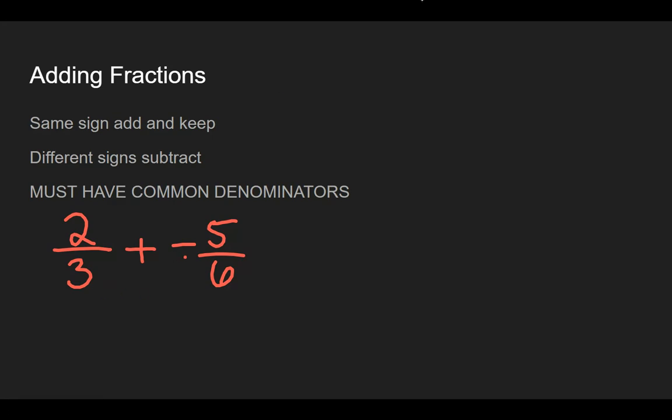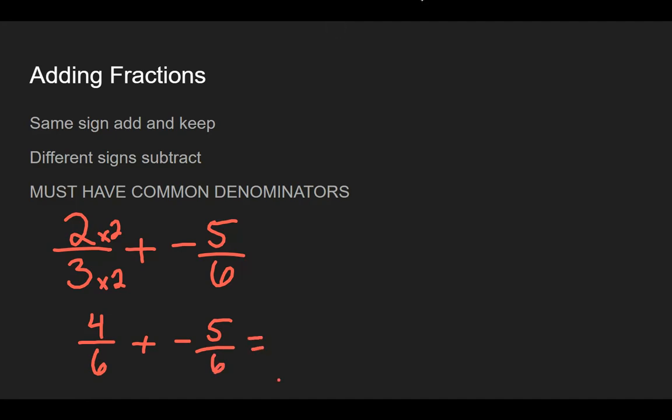We have 2/3 plus a -5/6. You can see these are different denominators. We have a 3 here and a 6. I want to get the same denominators, and I recognize between the two that between 3 and 6, we can have a common denominator of 6. So I'm going to multiply 3 times 2. That'll give us 6, which means I have to multiply our numerator by the same. So when we have a new fraction, it gives us 4/6, and we're going to add to that